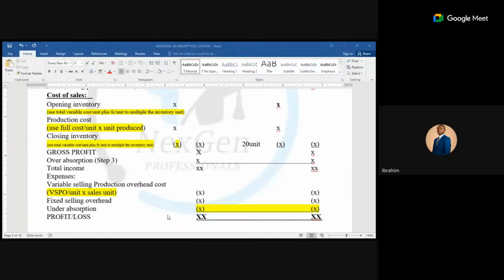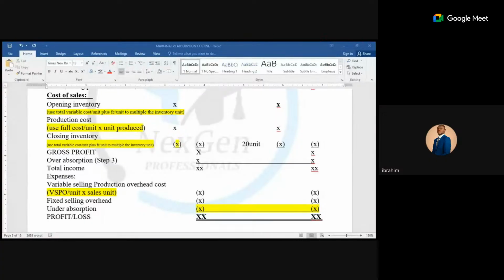That is, we tell you to produce this, so we have already budgeted for 20,000 naira. Make sure you produce 10 units. You end up producing maybe below what we said you should produce. So what they have already budgeted for is a cost to them, and that is why it is a loss. We'll see a practical illustration of overabsorb.